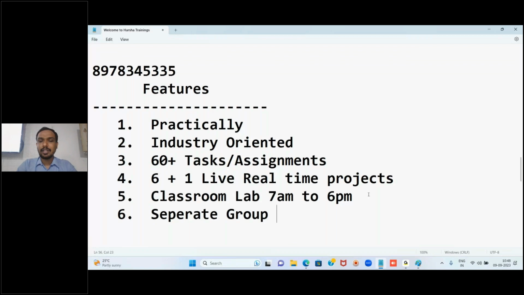I will tell you in the next sessions what the platform is and how things will be monitored. There also people will be there to monitor you and help you out if you get doubts. We have a setup, and that communication will be given to you in the later sessions.